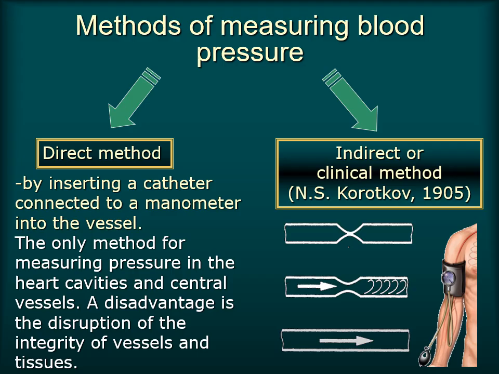So, I repeat again, this is systole. With a further gradual decrease in pressure in the cuff, the tones are supplemented by noises, which are accompanied by a turbulent flow of blood through a partially clamped section of the artery,